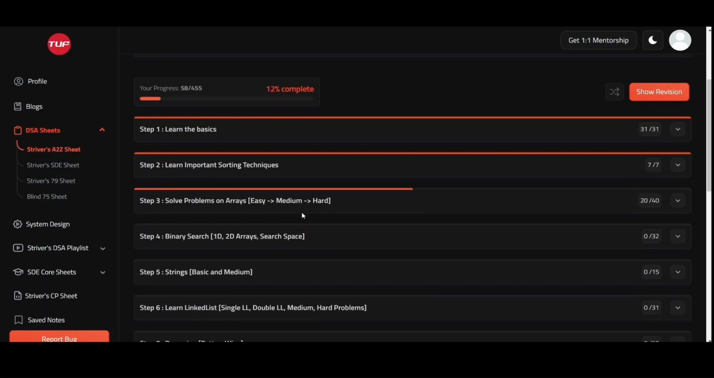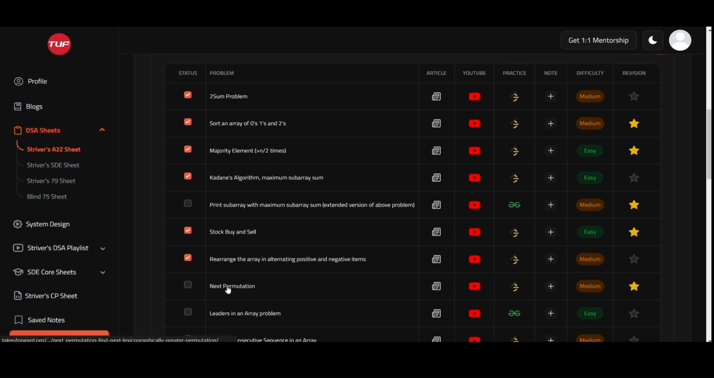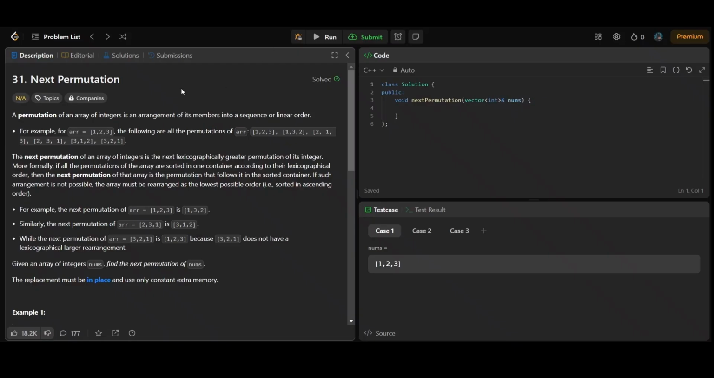So, hey everyone, let's solve another question from Striver's A to Z sheet. And the question is next permutation. In this question, we are given an array and we have to find the next permutation of the